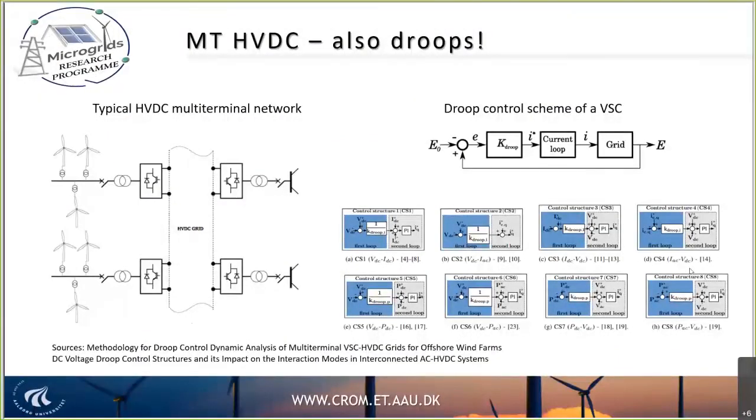And here, apart from WindFlag, which tries to work more on AC grids, we can see that something is happening as well with DC. When you have offshore wind farms that are far away, you start to think about using DC. And if you have DC and a number of connections, what we call multi-terminal HVDC networks,